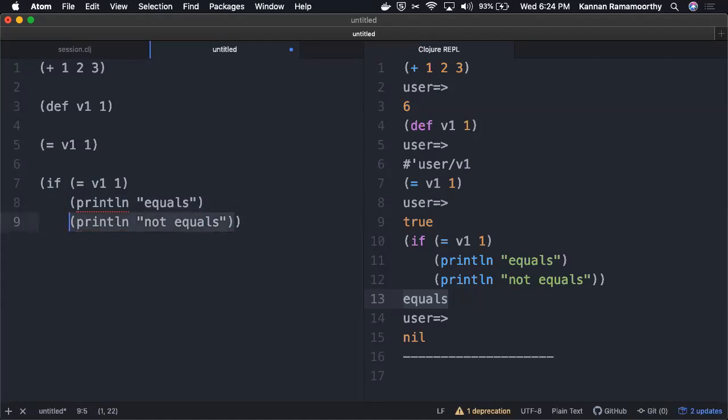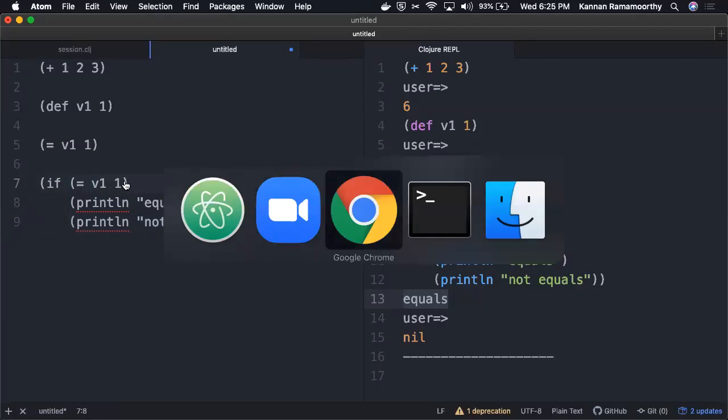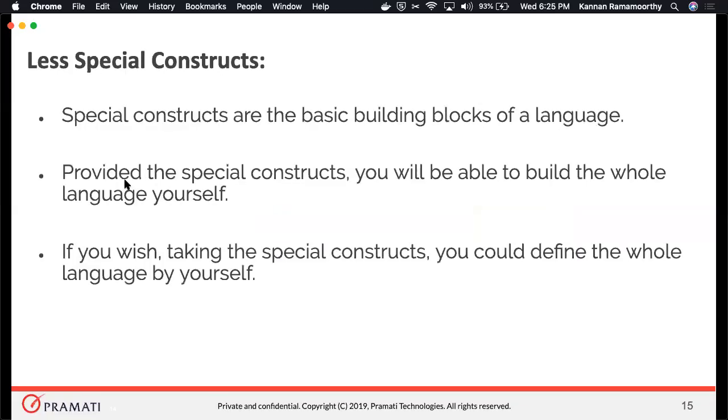All those operands within an if expression are themselves valid Clojure expressions, which follow the same syntax: operator followed by the operands. So as you see in all these examples, the syntax is valid across Clojure's expressions. It will be operator followed by the operands.